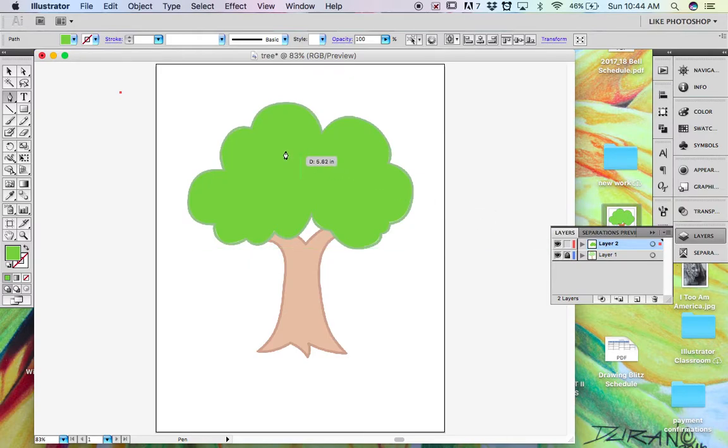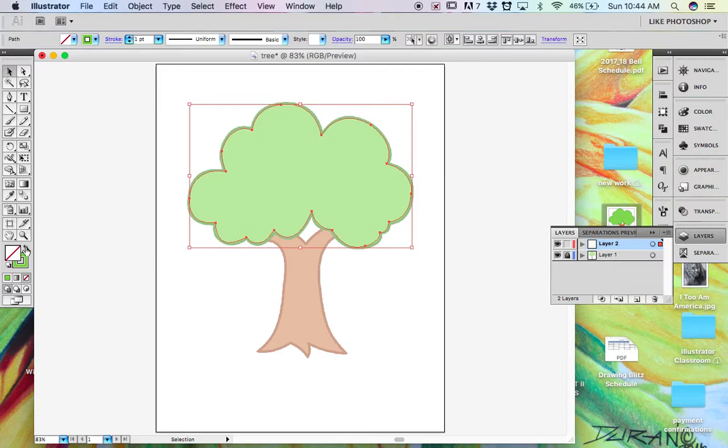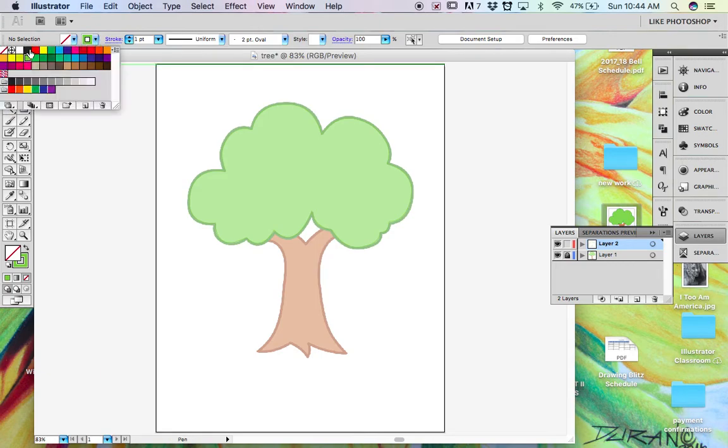Just to make it a little easier, I'm gonna keep this for now as an outline so I can flip-flop that color. So right here I just flip the color to the outline and have no fill just so I can still see. So it's still there, but I really can't see it because it's a lighter color. It's not black. All right, so I'm gonna start my next one. Change that color back to black. And this time I'm doing